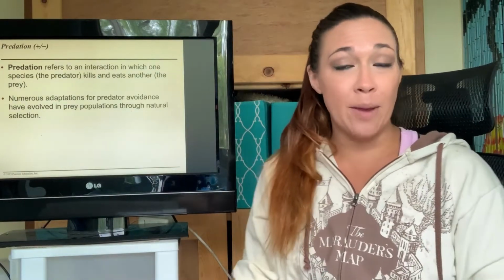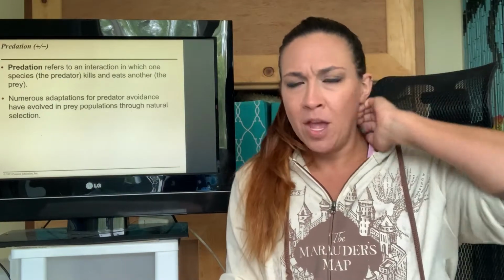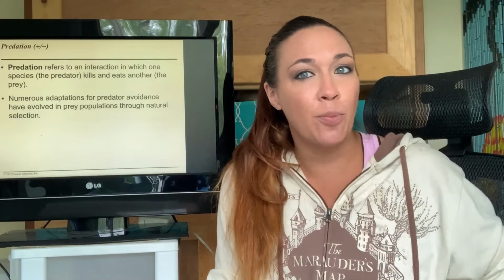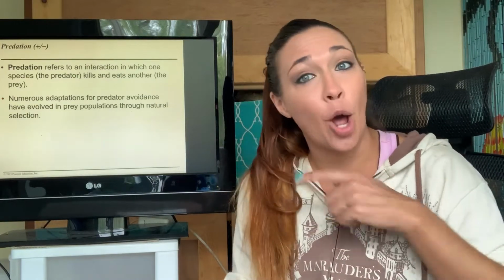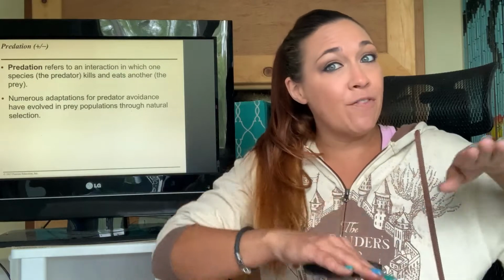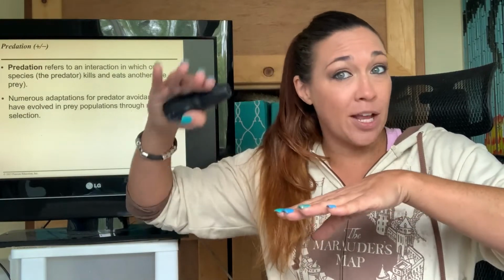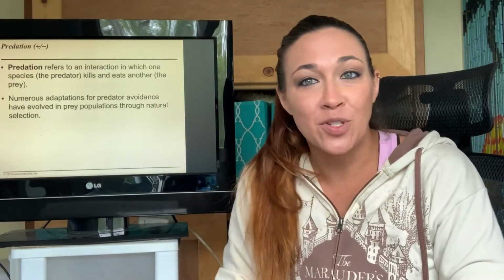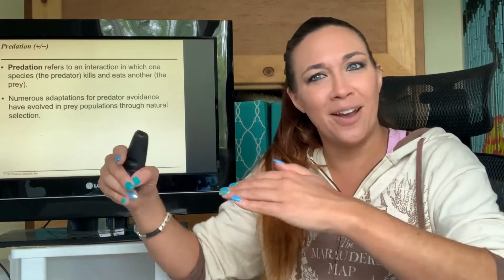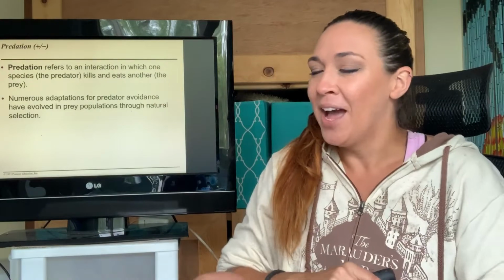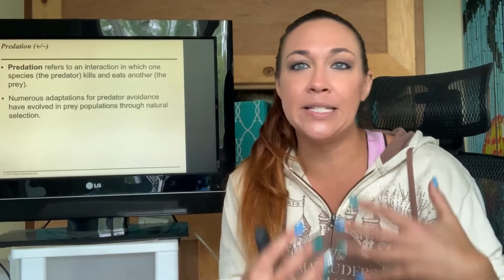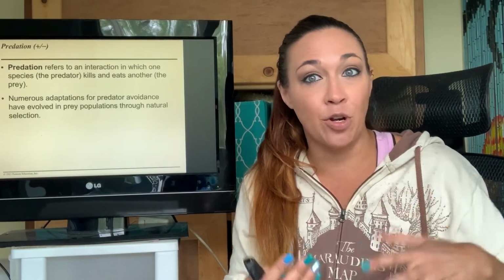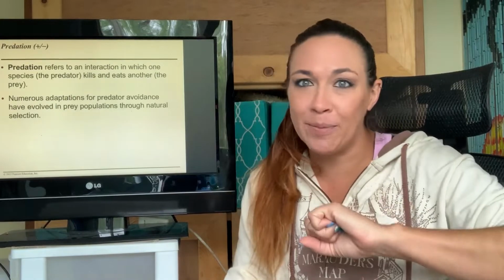Predators are really adapted at catching their prey, because prey are also adapted at not being caught. So it's very, again, they've evolved together. The predators are like, I'm trying to get the prey. The prey's like, I'm trying to avoid the predator. So, did I say that right? Predator's trying to get the prey. Prey's trying to avoid the predator. There we go. So what they're doing is they all have these different unique adaptations to either catch their prey or to not be prey.